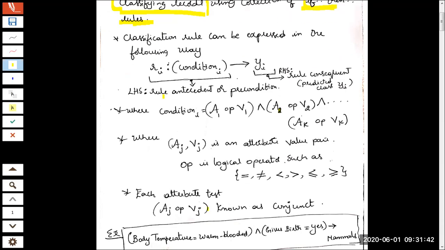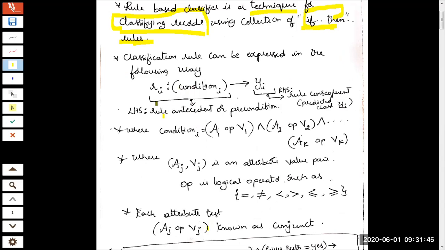Now it's a general form. You can see how the rule will be in its general form. R here stands for the rule number. If you remember in the graphical representation I explained previously, you saw rule 1, rule 2, rule 3, rule 4 up to rule n. That is this component here. Ri is the rule number, whether it's rule 1, rule 2, rule 3. Followed by the rule number, we have the condition. The condition is nothing but the rule.